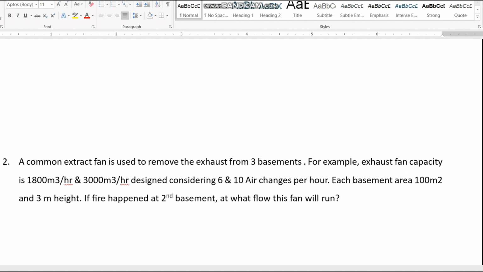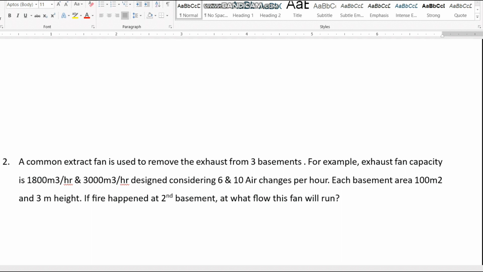Now here is the second question. A common extract fan is used to remove the exhaust from 3 basements. We have a high-rise building with 3 basements. Then we have the ground floor, then the continuous upper floors, first floor, second floor, and so on. We use a common exhaust fan to remove the exhaust air from all